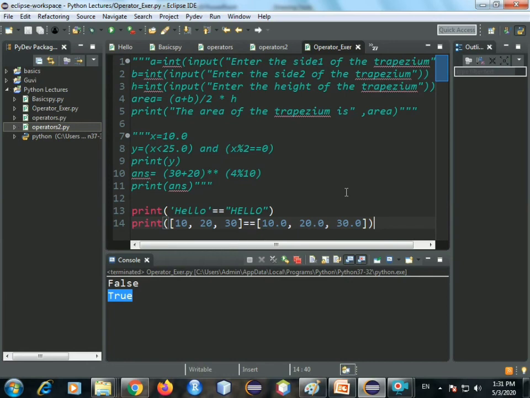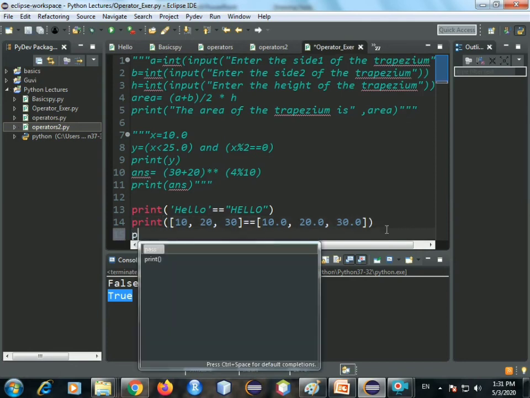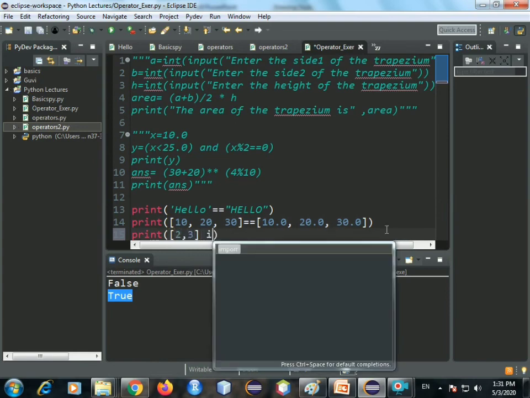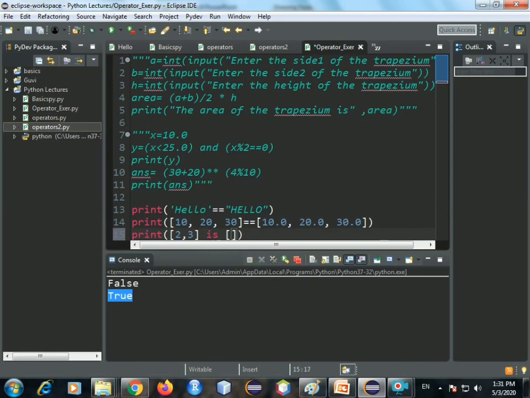Okay, now the same thing let us do with the is and in operators. Okay, let's check. print 2, 3 is 2, 3. Okay, is was the identity operator.